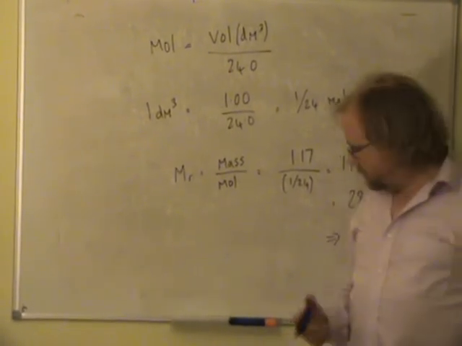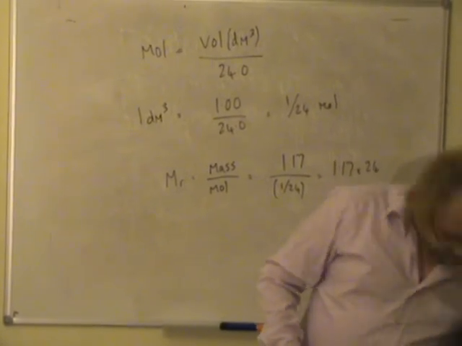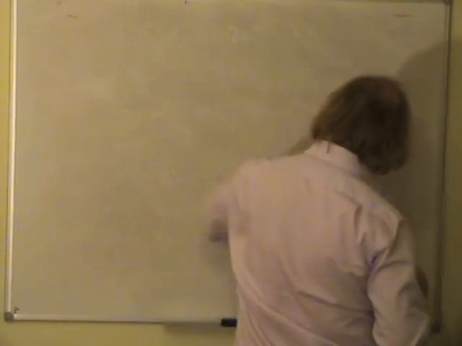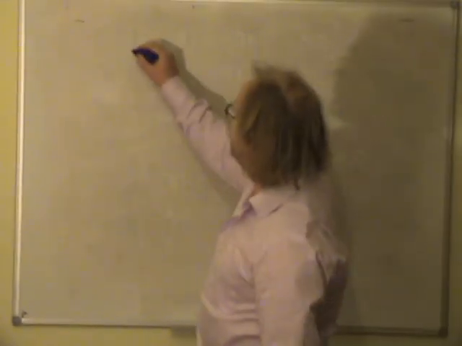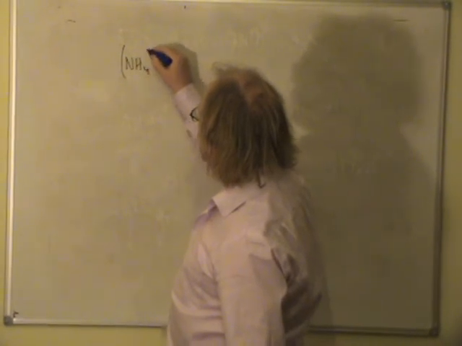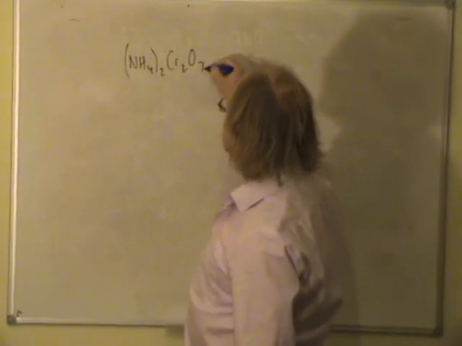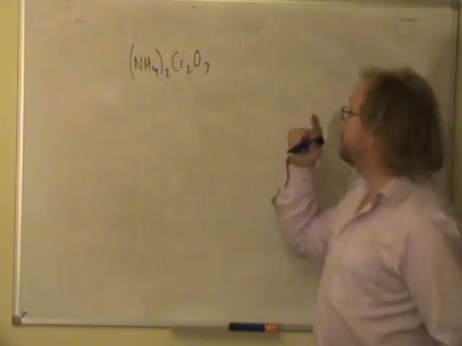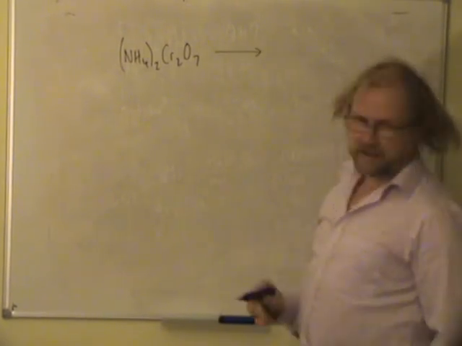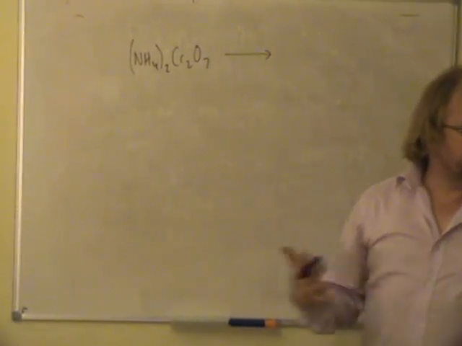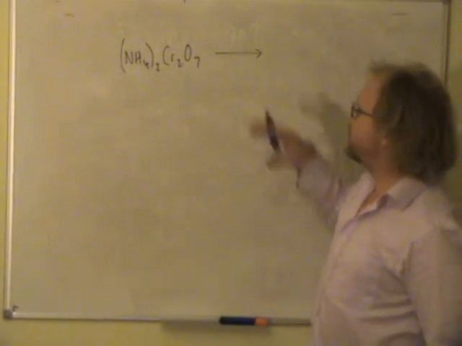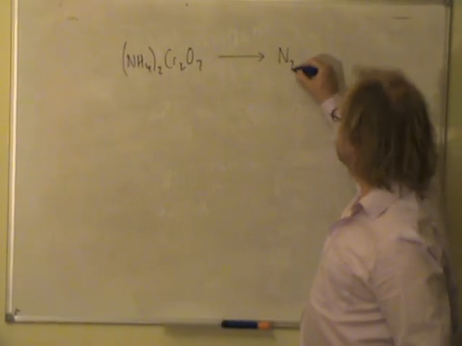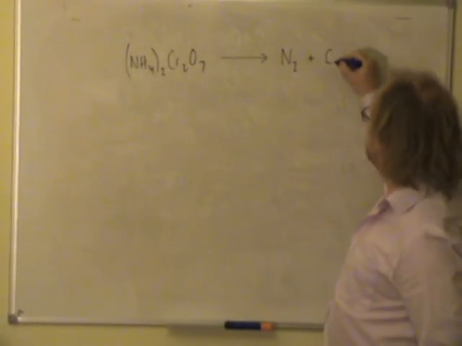So now we know most of what we need to know in order to put this equation together. So if we write down the formulae we know, our starting point was (NH4)2Cr2O7. You could just write down the empirical formula there if you wanted to. That would be fine. It's decomposing, it tells us, so it's not reacting with anything else. Remember, decomposing means just breaking apart, like that. And it's giving us nitrogen, which was compound C, plus Cr2O3,